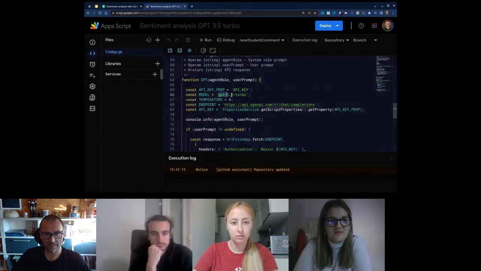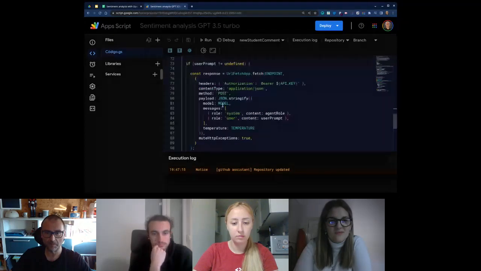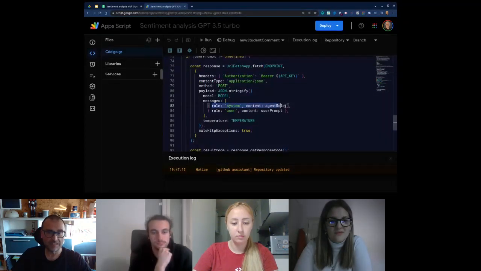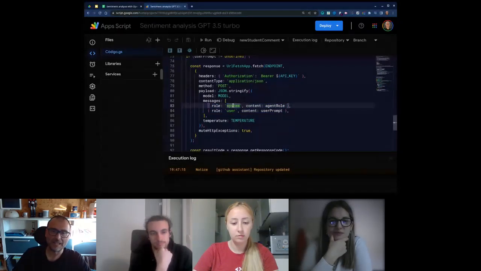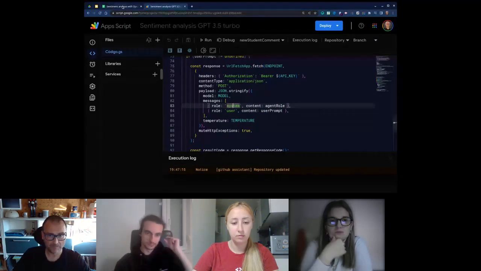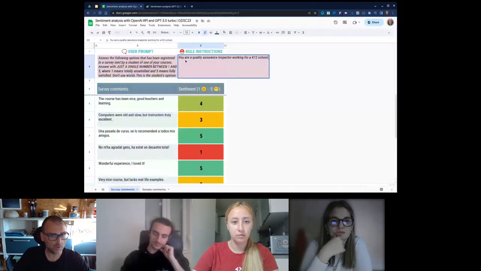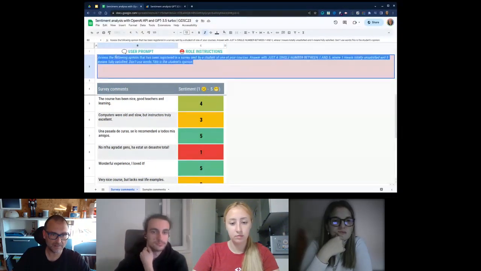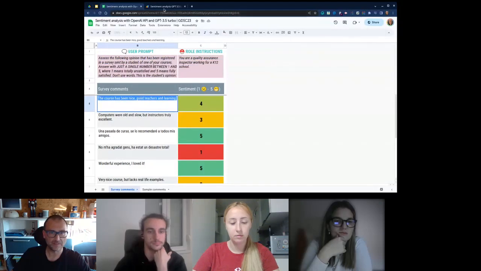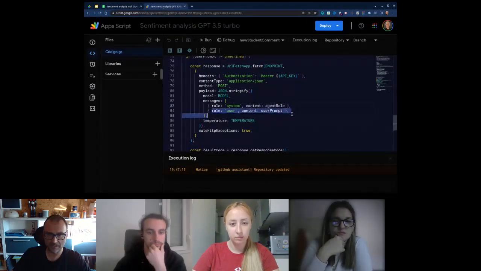The model is specified here. And the messages. This is a ChatGPT model, so it likes to receive information like in a chat, in a conversation. I have to tell it first how I want the model to behave. You are a quality assurance inspector working for a K-12 school. And then the prompt, this plus this. So I'm sending this here.